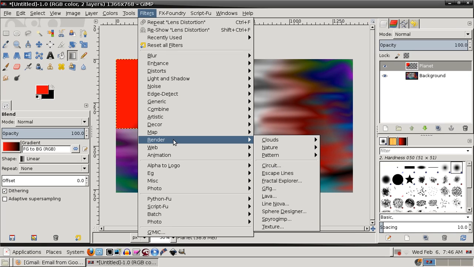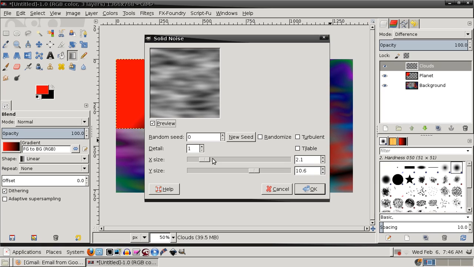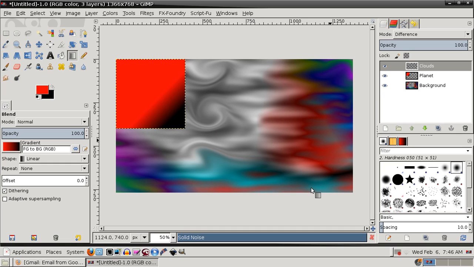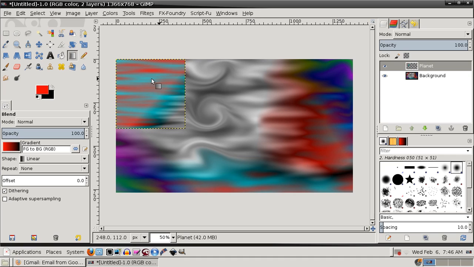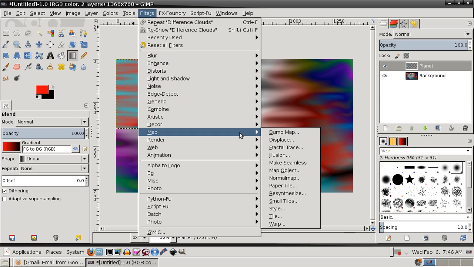Come up here to filters, and you can go to render. Now you got different kinds of planet options you can add here. I like to use different clouds because you can make it really look unique. And you'll see what I mean when I do it. Now, once we have our cloud layer placed over the top, come back up to filters, go to map, map object,